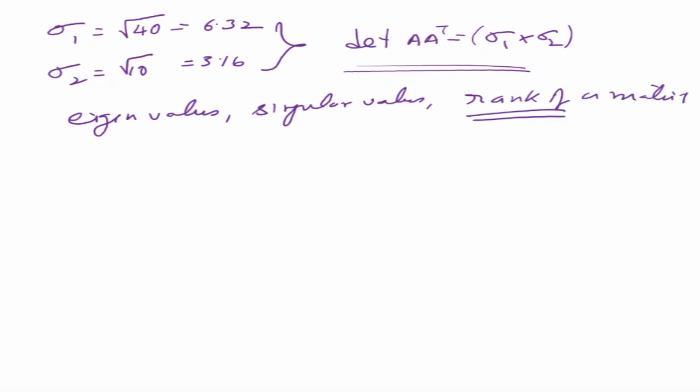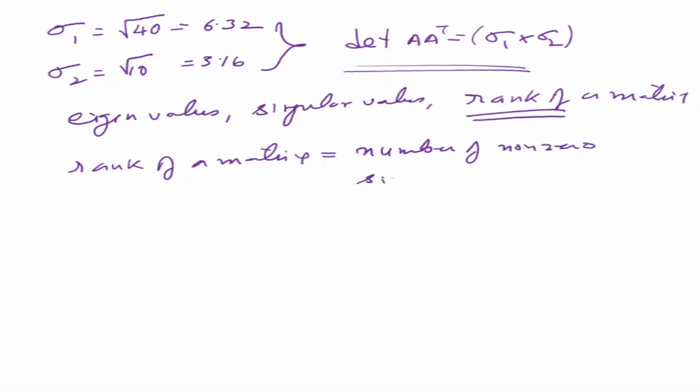So what is the rank of a matrix? The rank of a matrix is equal to the number of non-zero singular values. If your determinant is like this and one of the singular values were to become 0, then obviously it is losing rank. So in a singularity, what is happening? Your system is losing rank. The matrix J is losing rank. This is what it means.